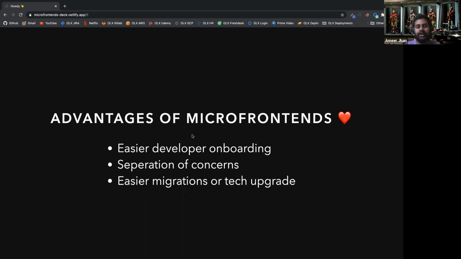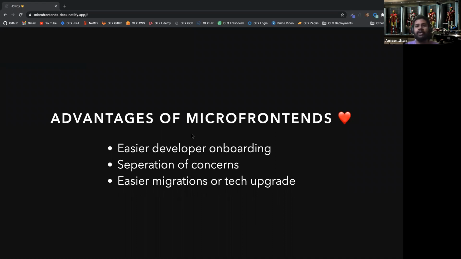And easier migration of tech upgrade. This is the biggest advantage I would say. Nowadays in teams there's a huge front end and they struggle a lot to update React, just React. I'm not talking about any other library. When React 17 comes up, they are very confused how they're going to do it. It's a huge code base. If you just change one dependency, then they have to go to every single file and ensure that everything is up to date or in line with the migration guide. It's a very tough game. If you take React 17, it didn't have much breaking change, but it doesn't promise the same for 18. In React 18 there might be a lot of breaking changes and you can't break your head to convert everything in one go.